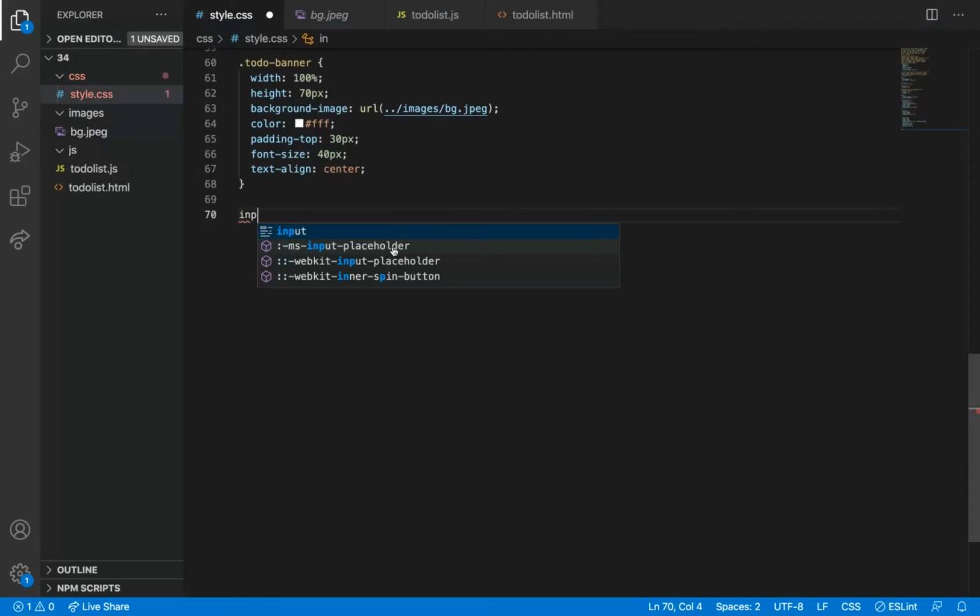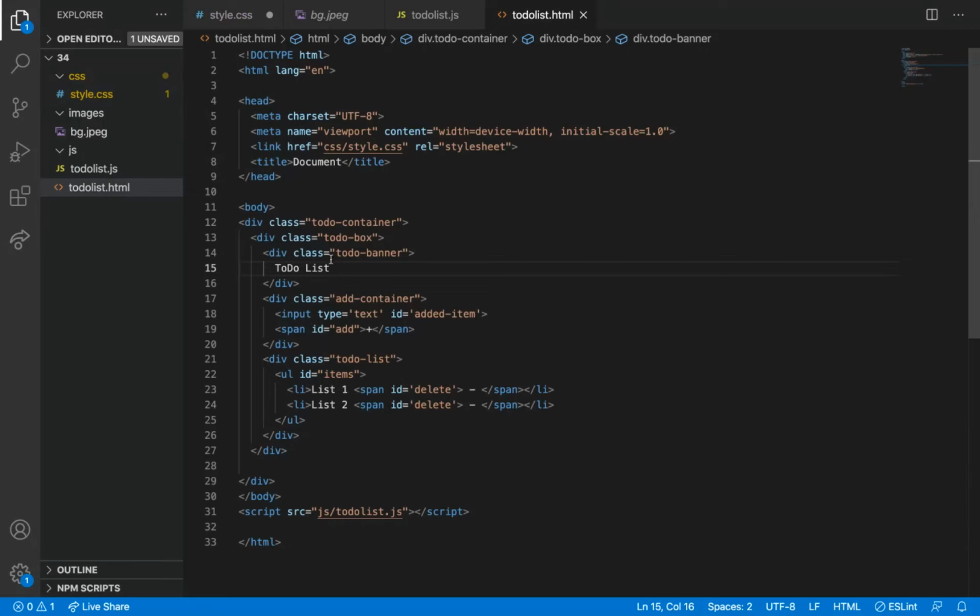Here I have only one input, so I'm just writing it as input, or else I have some ID there, added item.